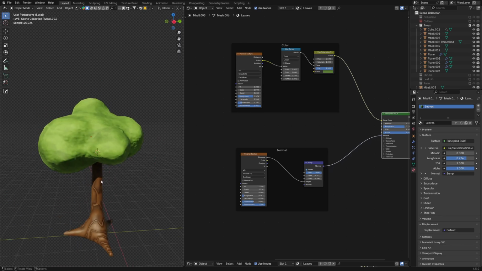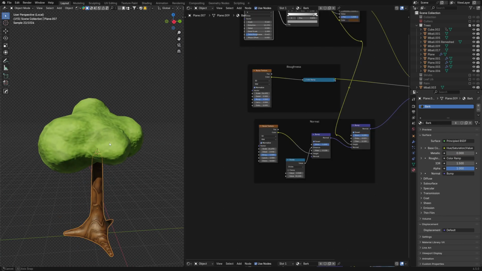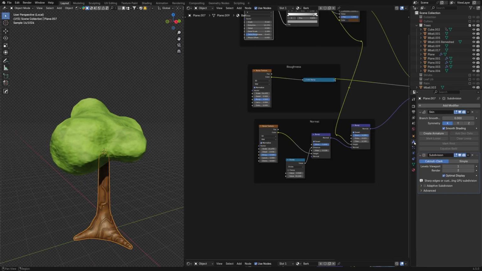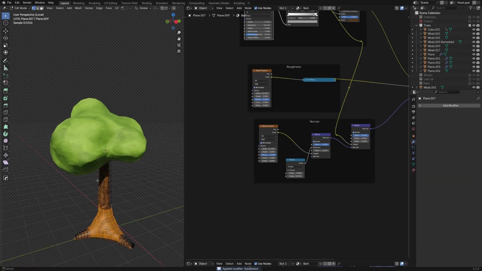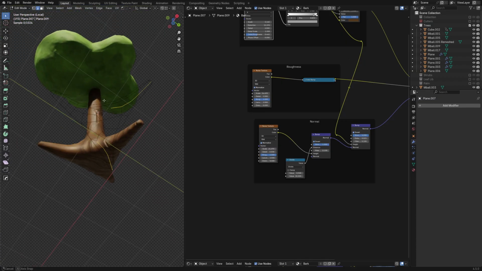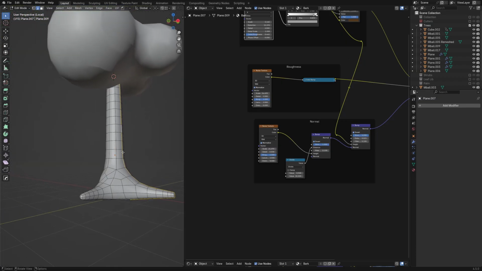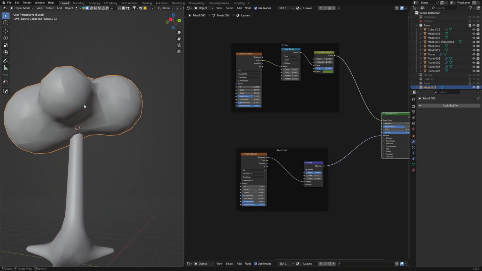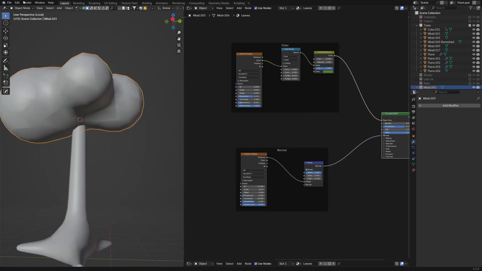And obviously, from this point, you have to bake these textures. You go and you'd apply all of this, apply. Now you've got a mesh, and now you can do your unwrapping. You can mark your seams and stuff. I find it doesn't give you terrible geometry. Like I said, you'll need a